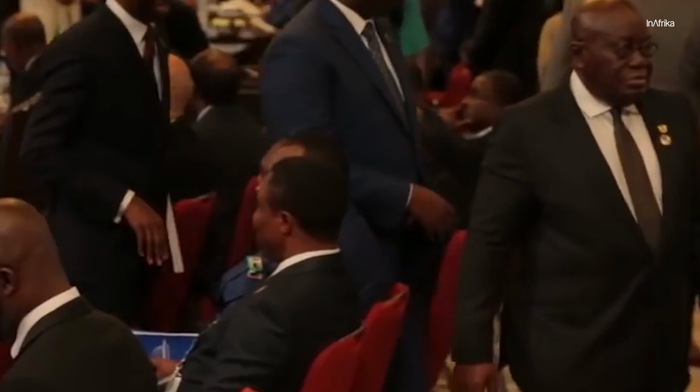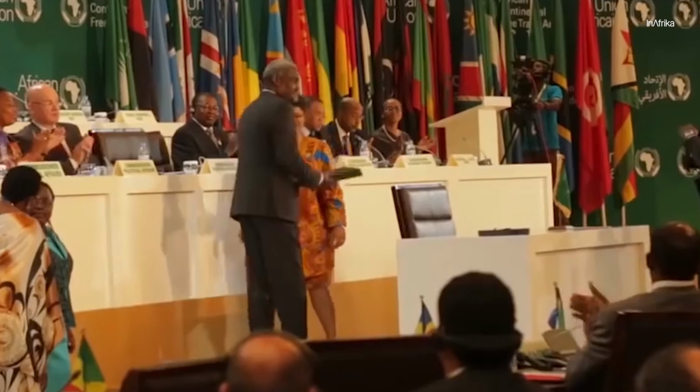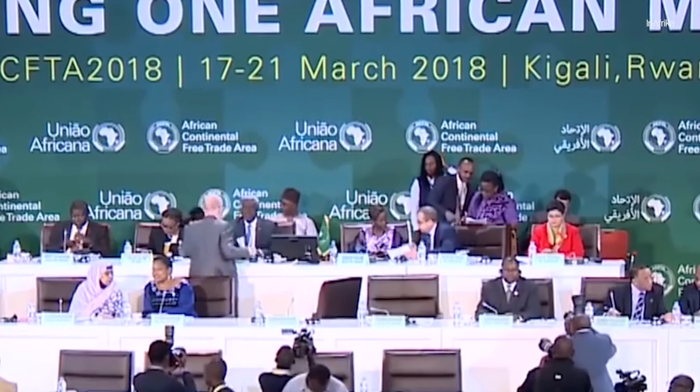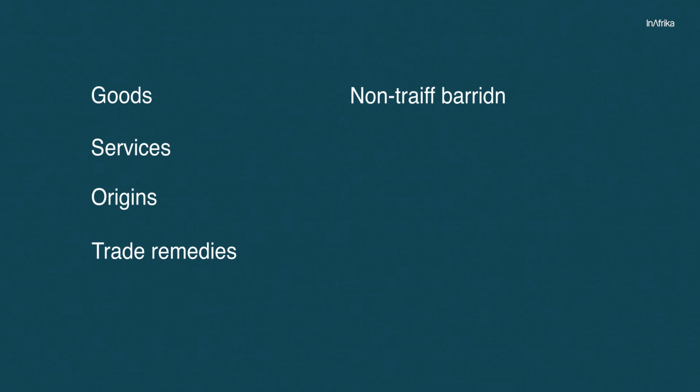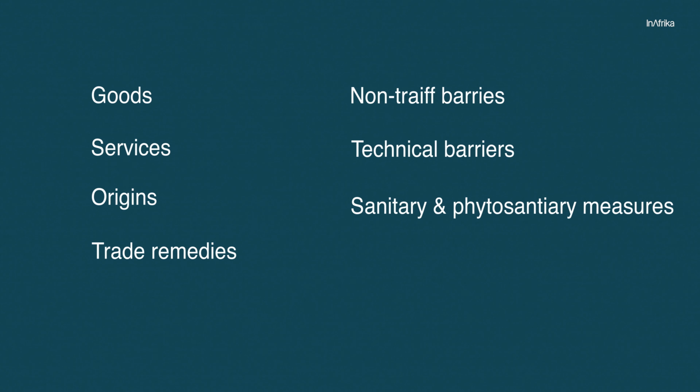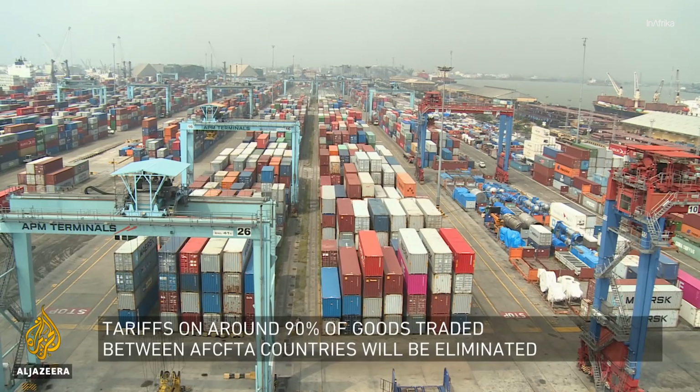The African Continental Free Trade Area Secretariat was formed as an autonomous body within the African Union to implement the agreement, with the Council of Ministers to provide strategic trade policy oversight to ensure effective implementation and enforcement of the agreement. Several committees were created to govern goods, services, the rules of origin, trade remedies, non-tariff barriers, technical barriers to trade, sanitary and phytosanitary measures, with senior trade officials tasked to implement the Council's decisions and develop programs to action